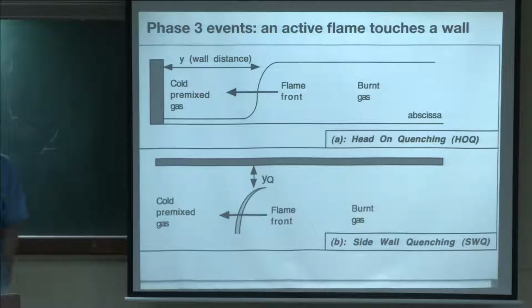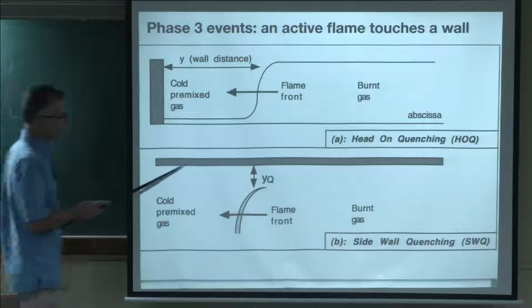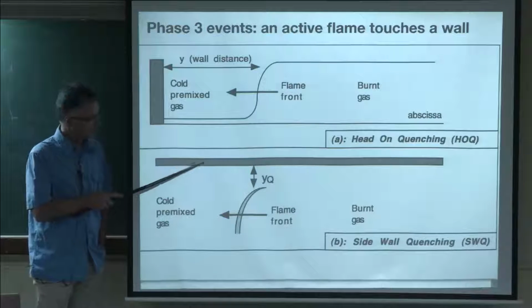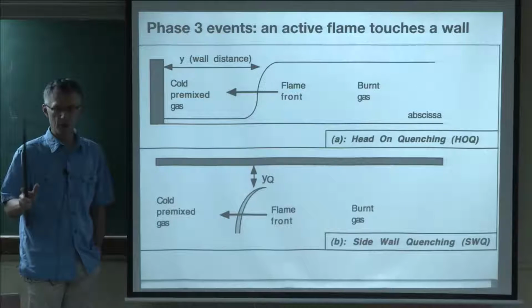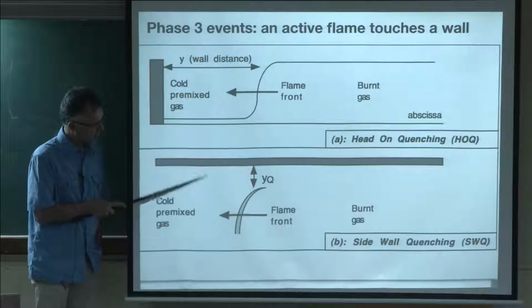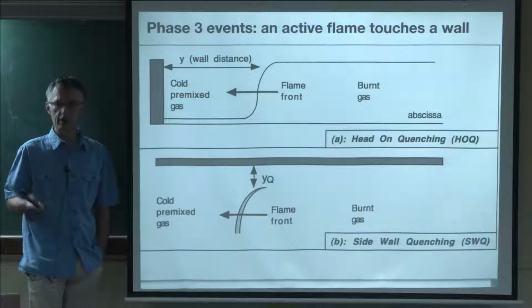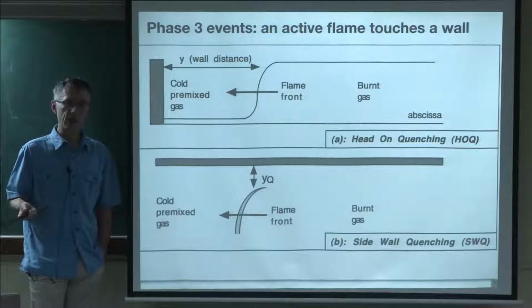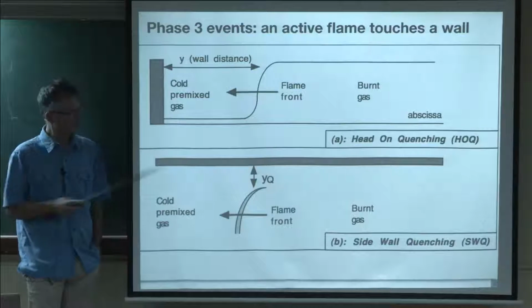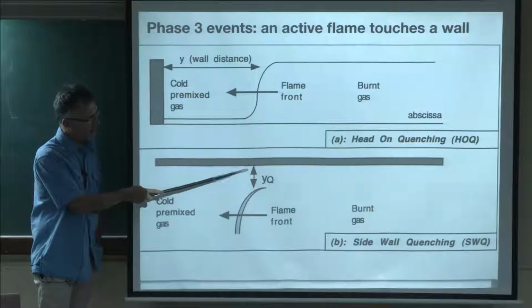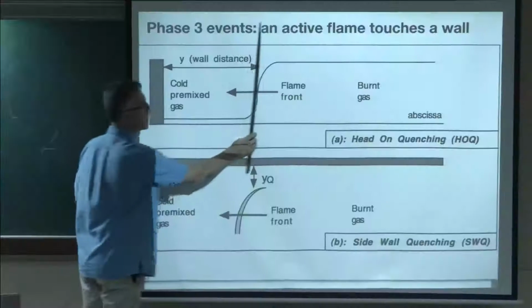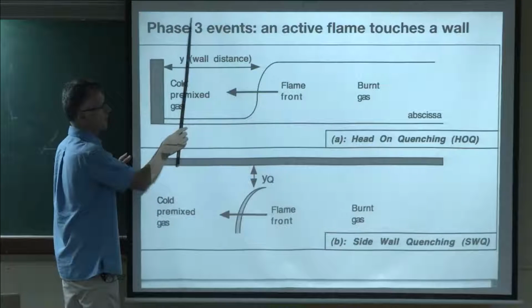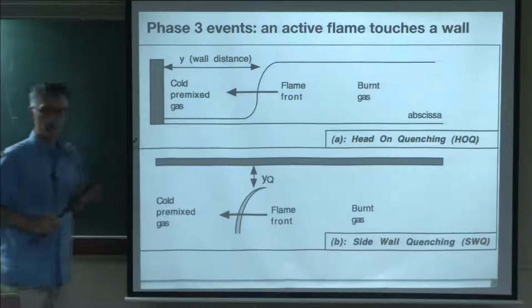The first thing I would like to repeat now is that since the wall is cold, there must be a region here which is also cold. We haven't said how much, but in this region, no chemical reaction can take place. We will call that the quenching zone, or the quenching distance for this quantity here. And in this quenching distance, no combustion can take place. Okay? This is true here, and it will be true here. When this flame arrives here, at some point, it will have to stop.